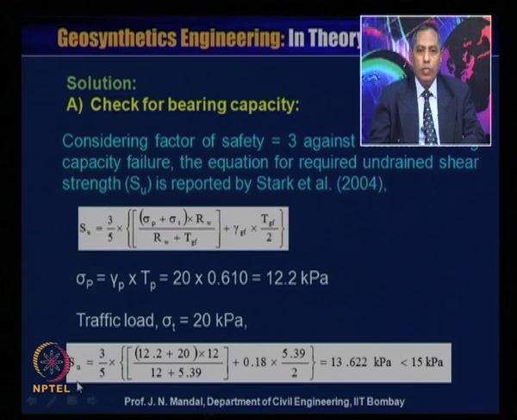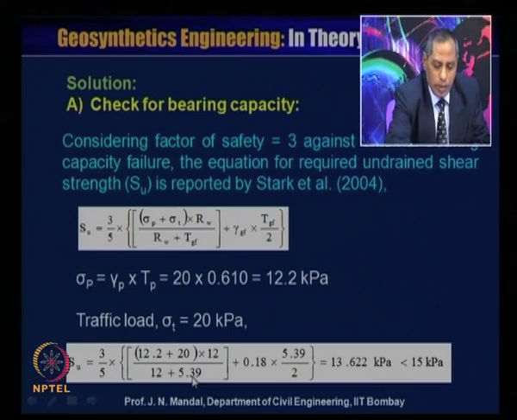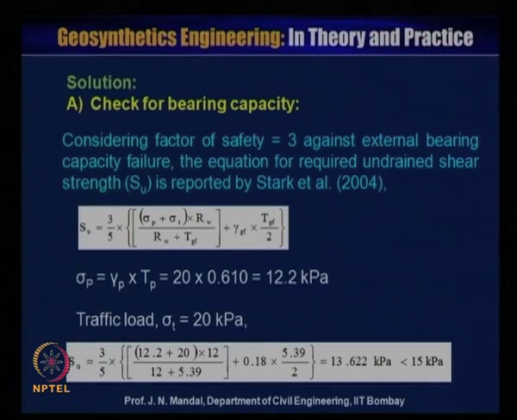So, Su, the required undrained shear strength, will be equal to 3 by 5 into 12.2, that is sigma P, plus the traffic load sigma T, 20, into RW, that is the road width of 12 meter, this divided by RW 12 plus T GF, which we call the 5.39. I am just trying to tell you here that